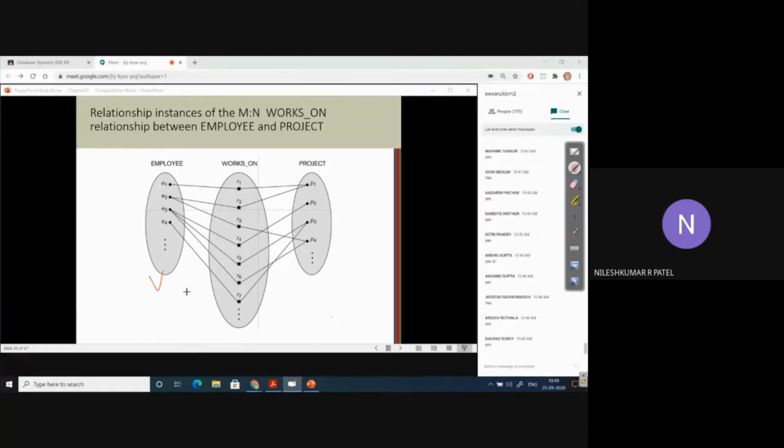Okay, so now just try and understand one requirement. Let me ask you one question now. I expect an answer from everyone. What is the relation between employee and department? There will be some relationship between employee and department, right? Assume this: employee works for department. So this particular relationship is "works for".